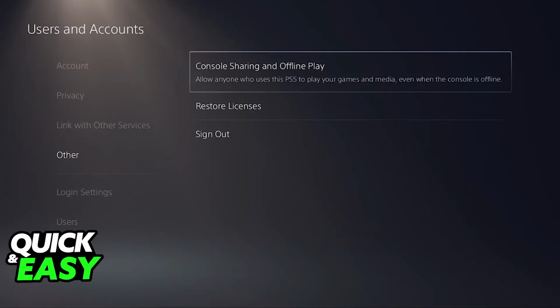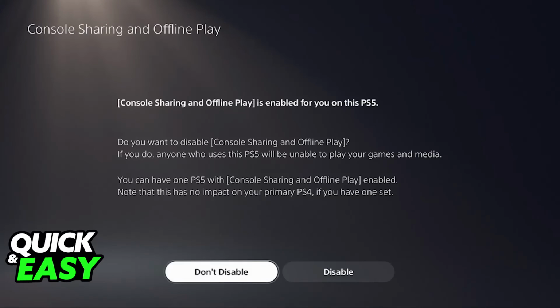If for whatever reason you want to enable game share again, then you just have to repeat the usual steps. Sign into both PlayStation Network accounts on the same console, go over to console sharing and offline play, and enable the option again. You will be able to repeat it as many times as you wish, and it's simple to